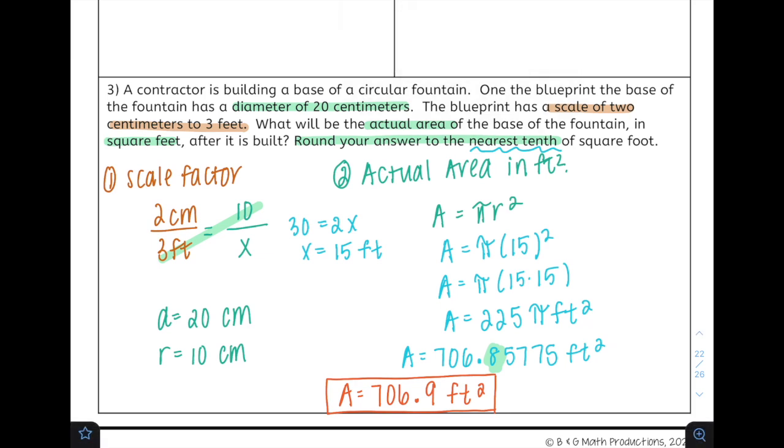Make sure you're identifying your keyword and phrase. Make sure you're writing down your notes, writing down any